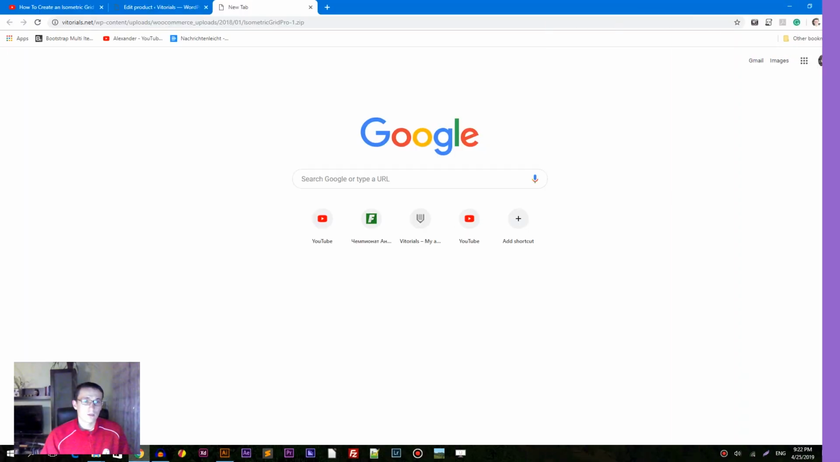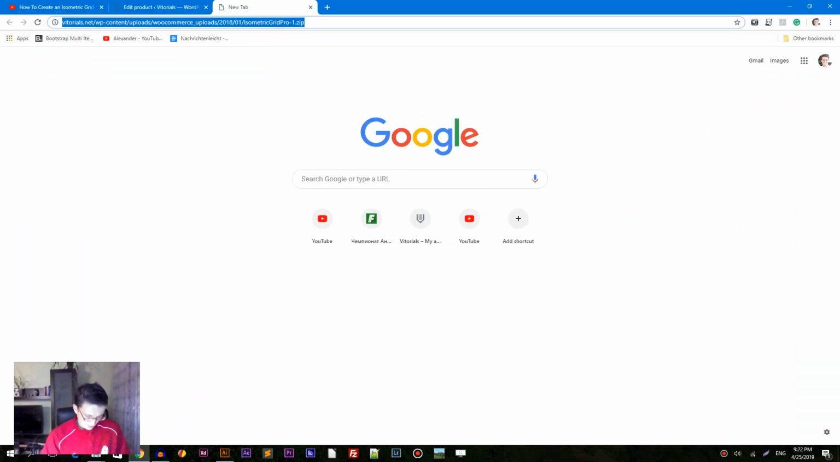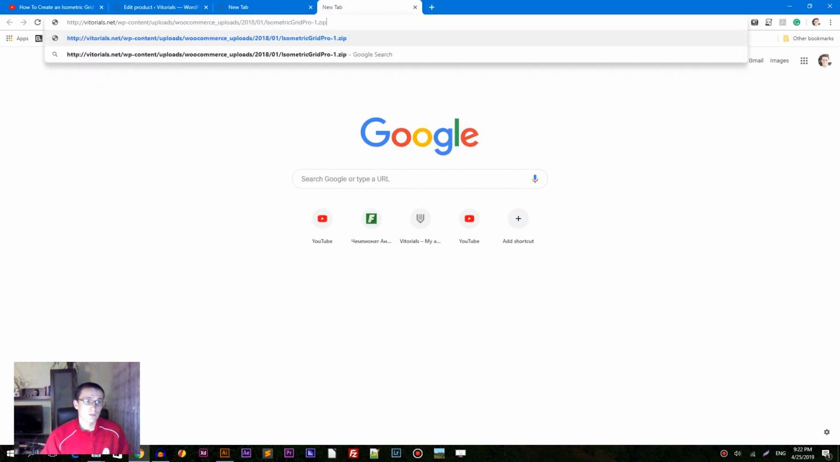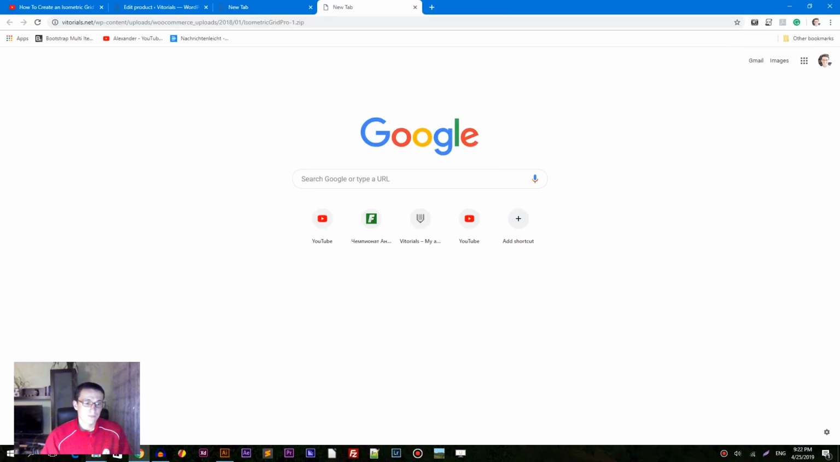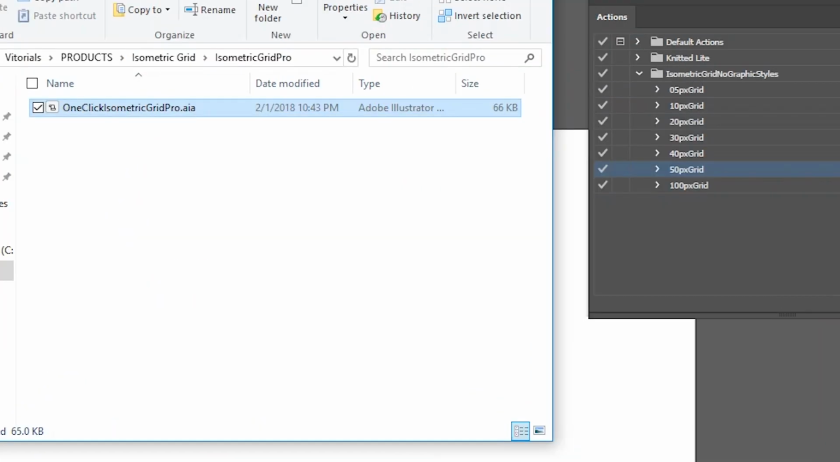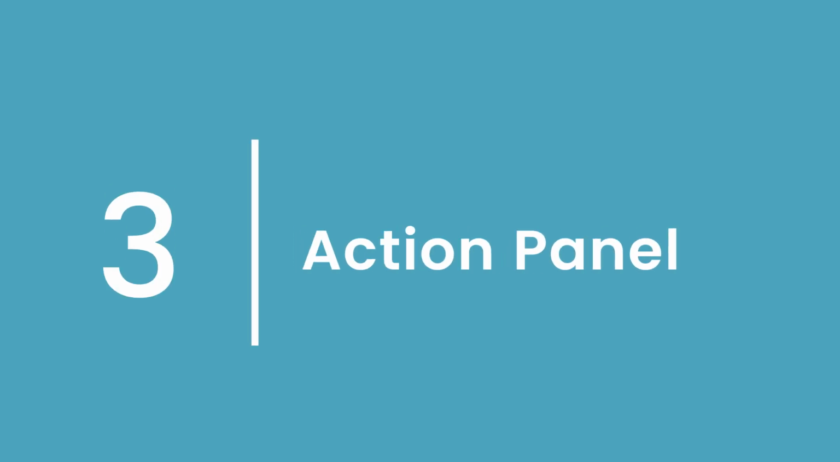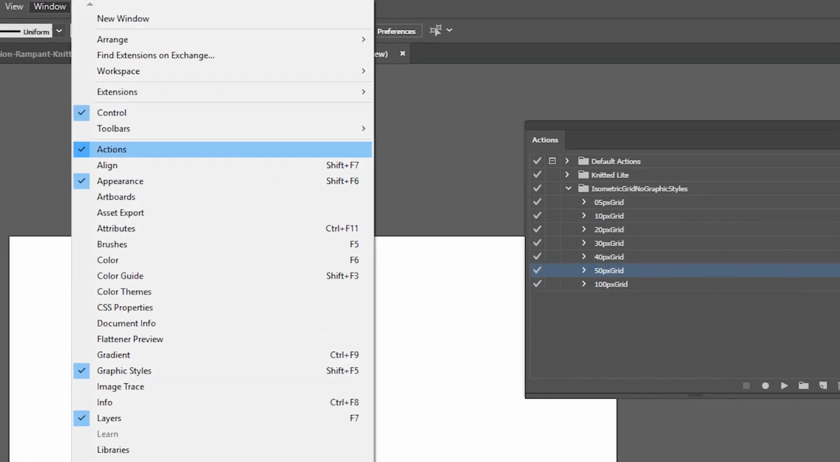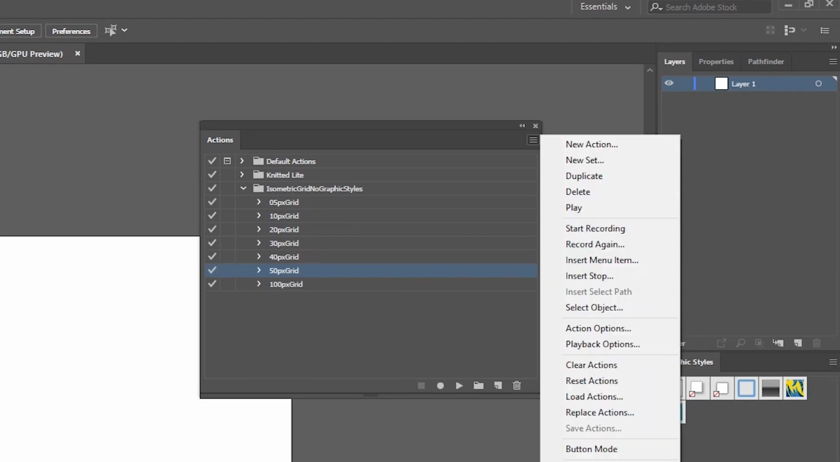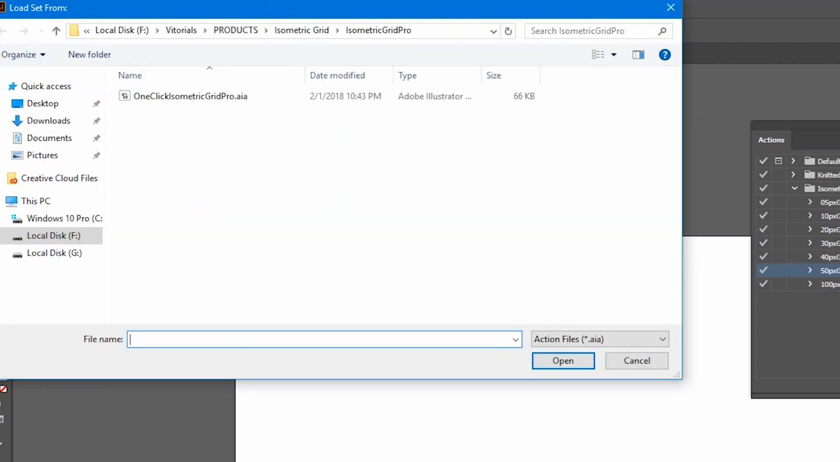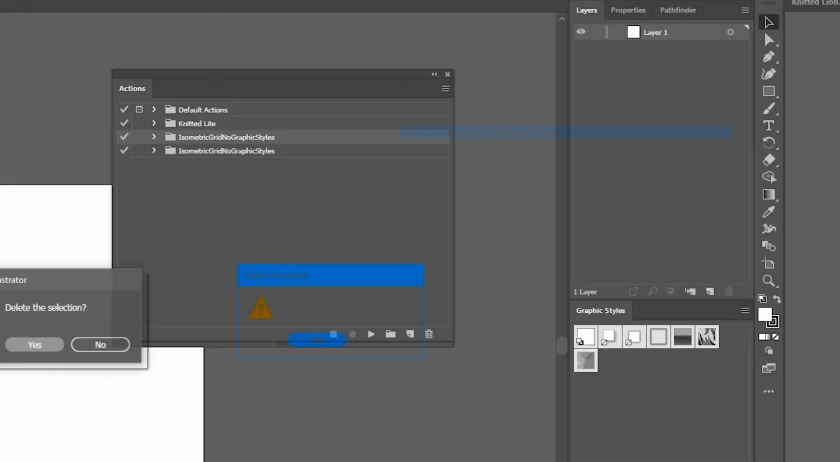When you download the actions from vitorials.net, particularly Isometric Grid, you need to save the zip archive and then unzip the action. You will see this particular action, One Click Isometric Grid Pro. Then you need to load the panel by going to Window, Actions. From this panel, head over to the top right corner and bring up the drop down. Head over then to Load Actions with the ellipsis, and then you will see the folder with the 7